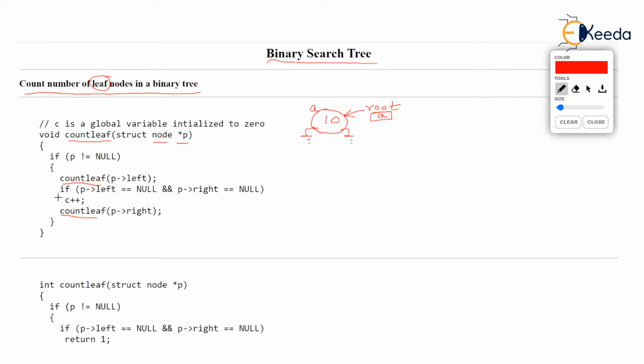Additionally, you see, the first recursive call, countLeaf, is having a branch towards the left child, p arrow left, and the second recursive call is having a branch towards the right, p arrow right. So countLeaf p arrow left is L, then the if statement over here is V, process the vertex, V means we are processing the vertex, and countLeaf p arrow right means R. So this is LVR inside the recursive function countLeaf. So this is indeed in-order traversal we are doing.